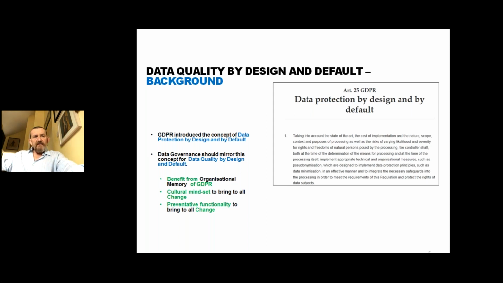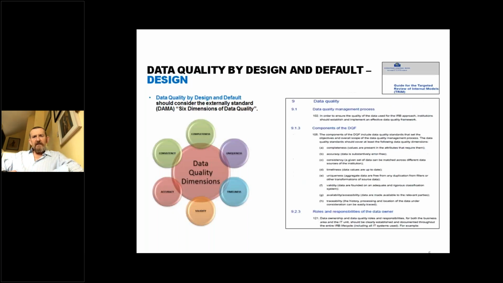So moving on to the next slide, slide 6, what do we mean by design? Well, data quality by design is becoming a real thing. It's not just becoming, it is a real thing. Because again, in certain industries, and I'm talking mainly about financial services here, banking and insurance have been two of my more recent bigger clients, the regulations in that space are very explicit. They're not just saying data quality is a good thing or let's do data quality. They're actually laying out specifically what they want in some cases.